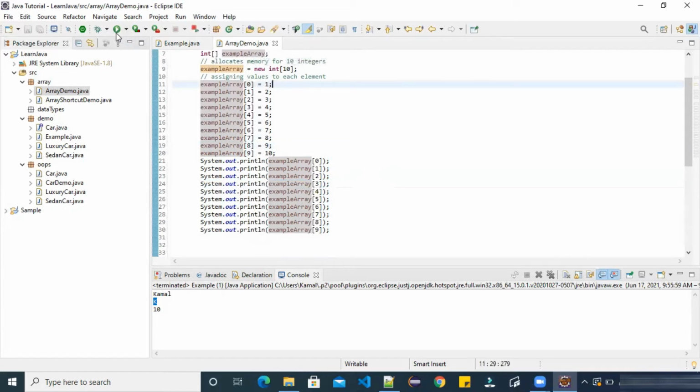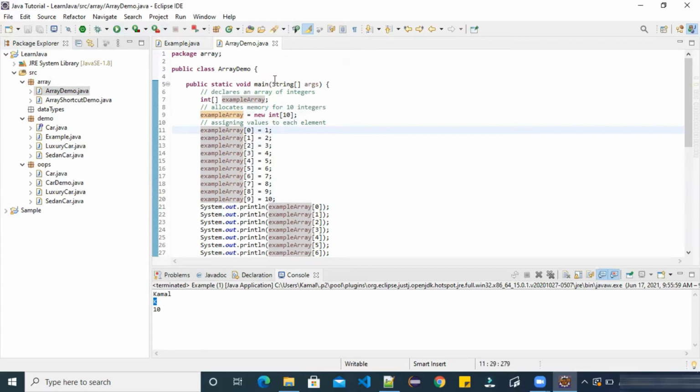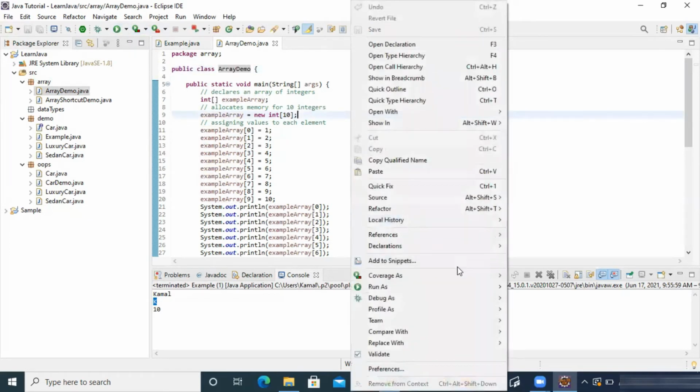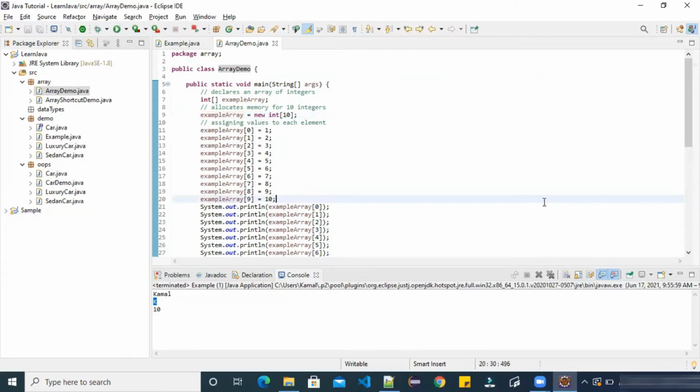There is one more way to execute this program. Here you can find the symbol run array demo. This is our class name. You can check here. This is a symbol of run. Now there are two methods: run as Java application, or if you can remember this command, you can also use Alt Shift X. If I am pressing Alt Shift X,